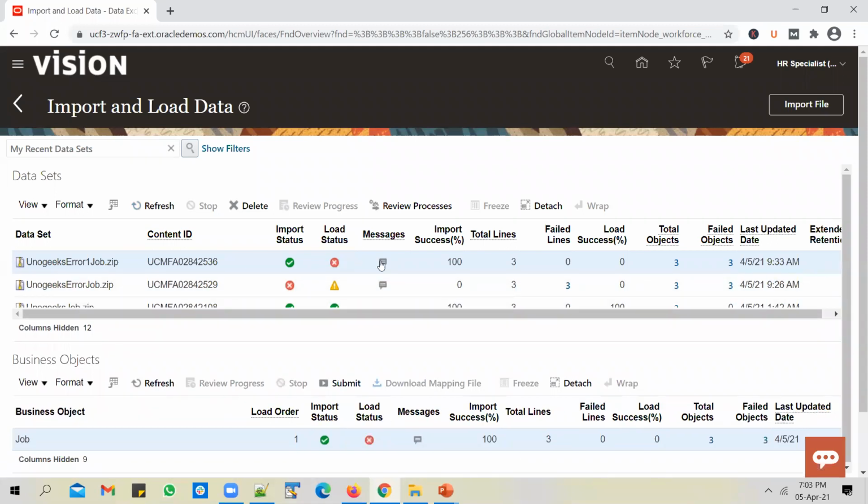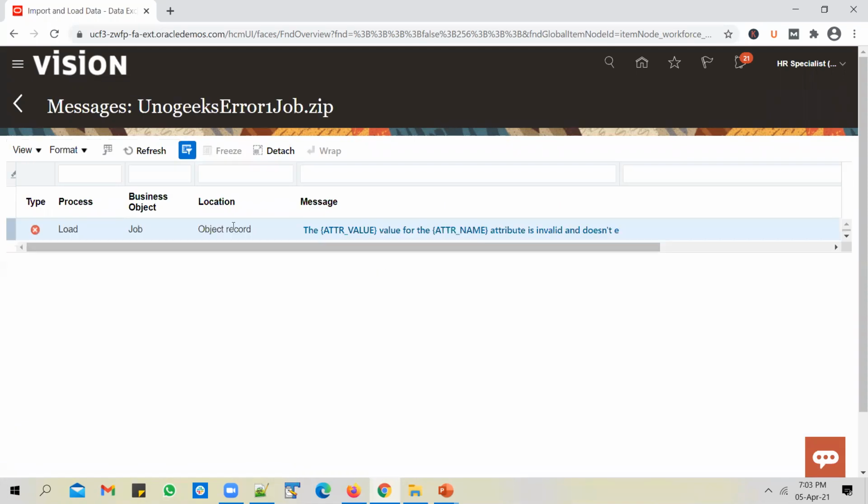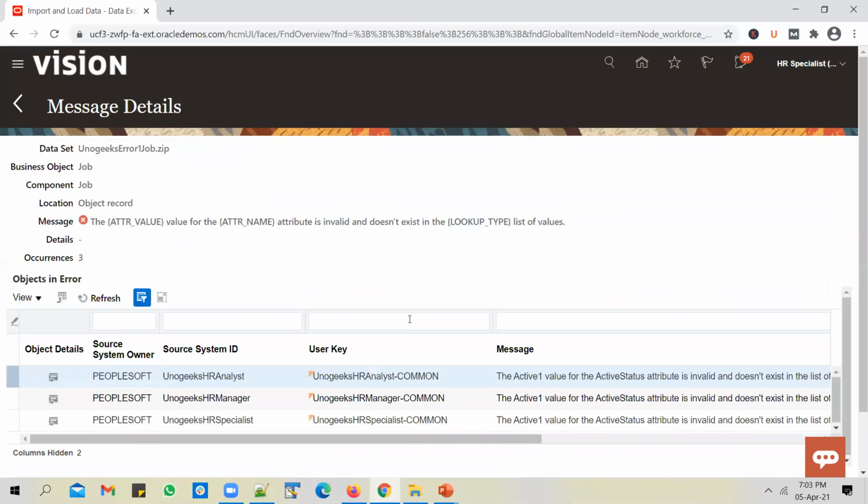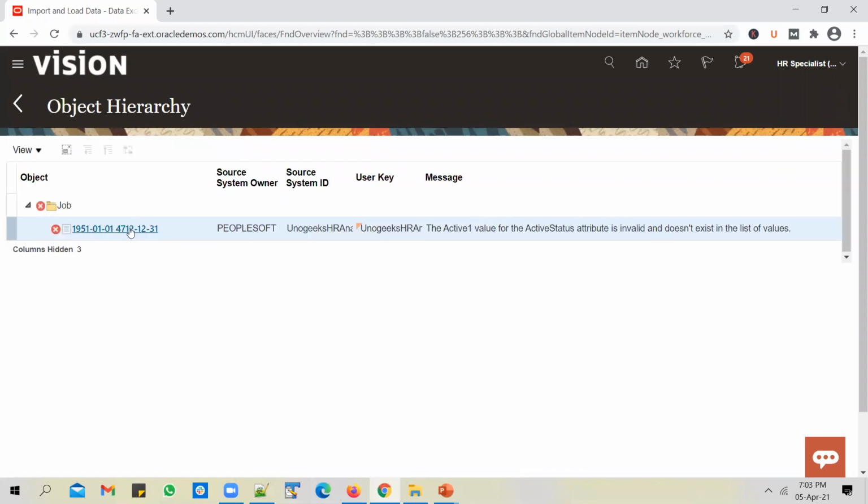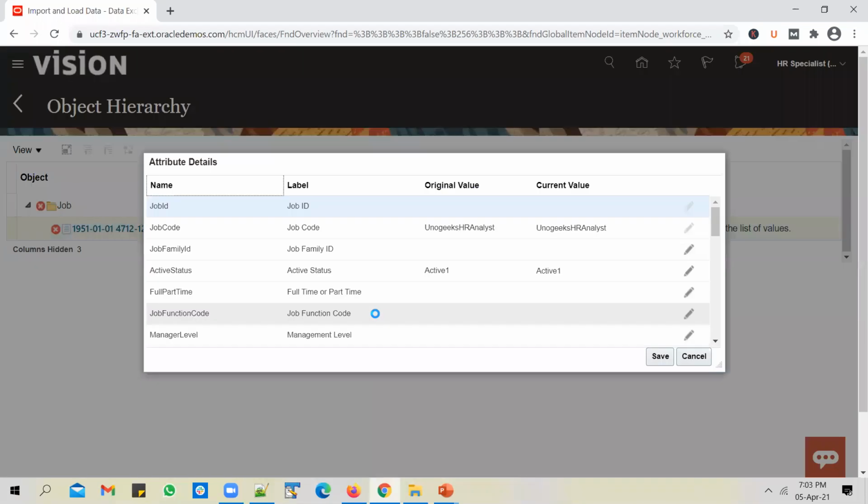I could see the load in red again. Let's look at the messages. Well, we see that the three records still have the error. Looks like the change that we did on HR analyst is not saved.